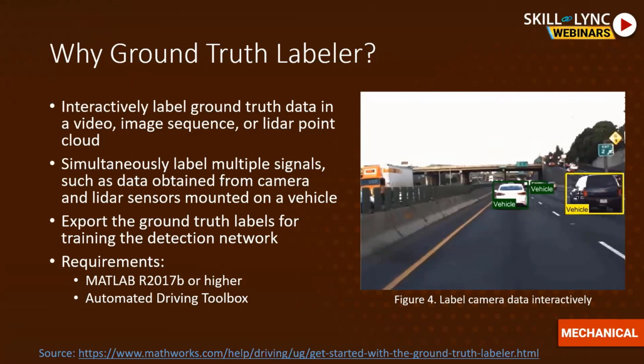Once I do that, I can also simultaneously label the timestamped data coming from various sources, like a lidar, radar, and a camera at the same time. And once I do all this, I can export it directly to a training model or a detection algorithm to train my network and try to detect, let's say, the color of a vehicle or the color of the traffic signal and more.